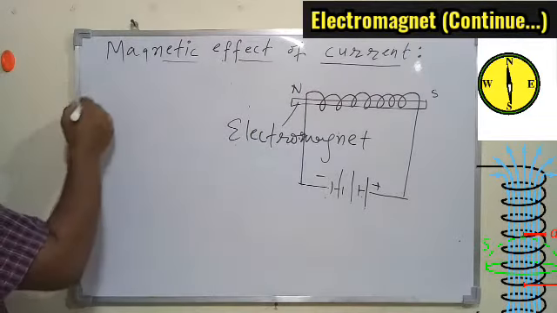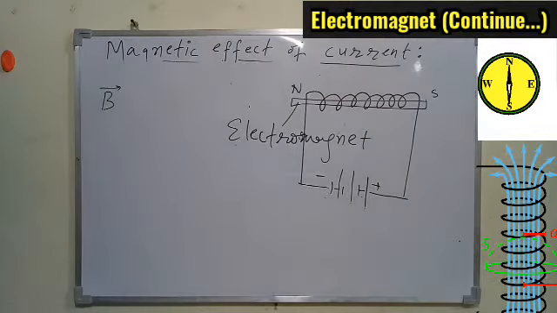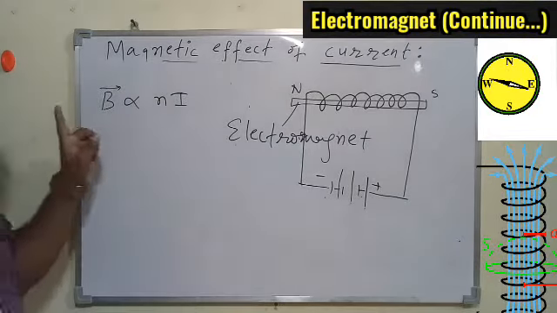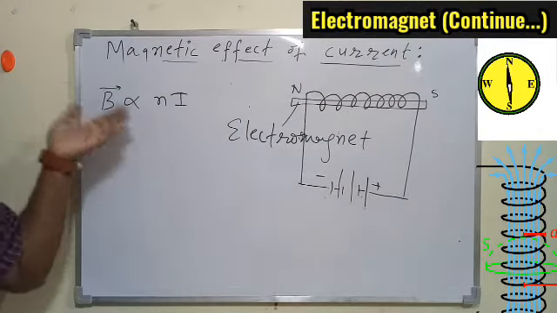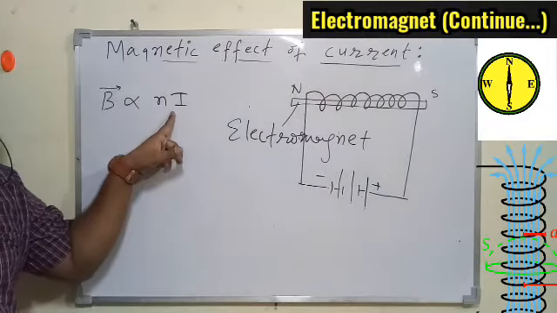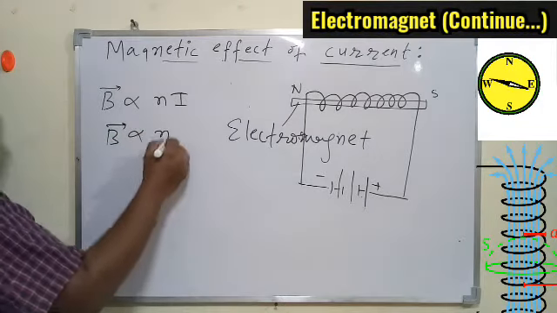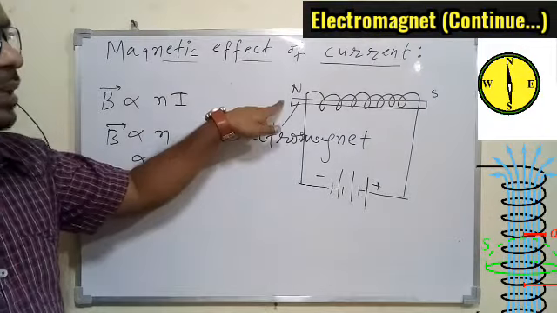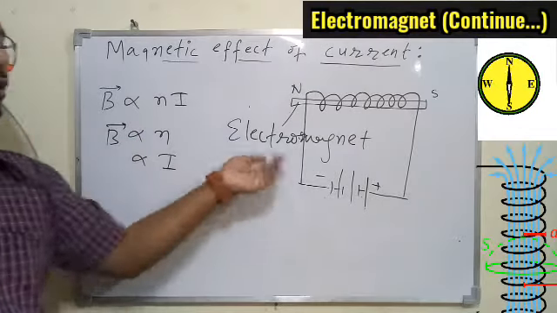And one more thing you should know, that is, overall we know the magnetic field within the solenoid is proportional to Ni, that we have understood. That is, the magnetic field within the solenoid depends on the number of turns per unit length of the loops that we understood in the previous class, and the electric current flowing in the circuit. So we understood B is proportional to N and it is proportional to I, means overall this electromagnet is working only because of the electric current that is flowing through the solenoid.